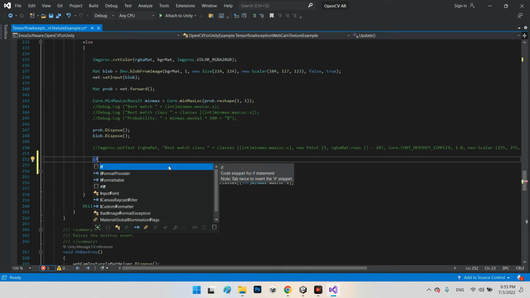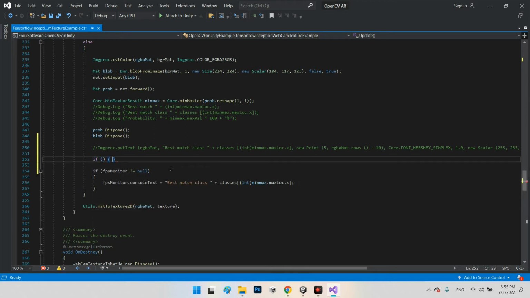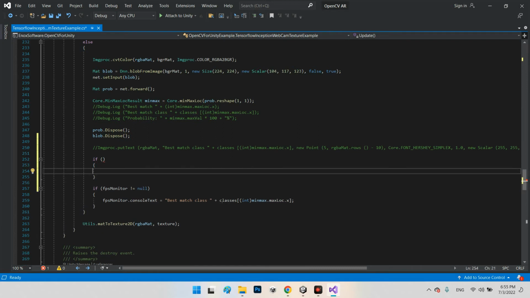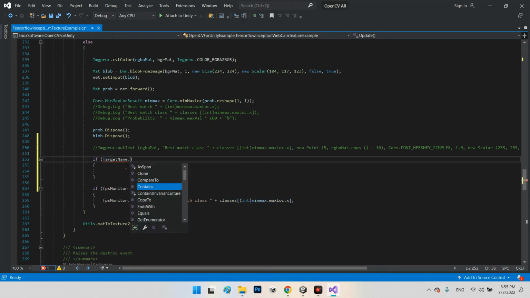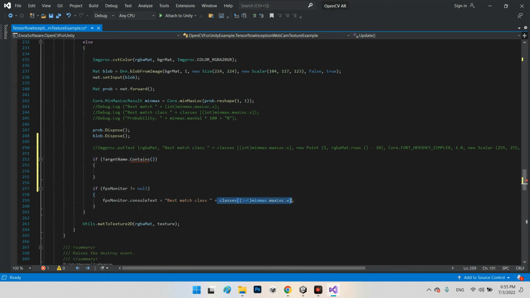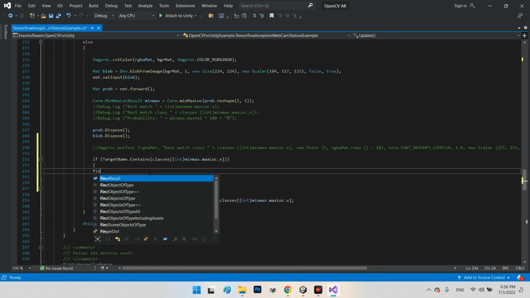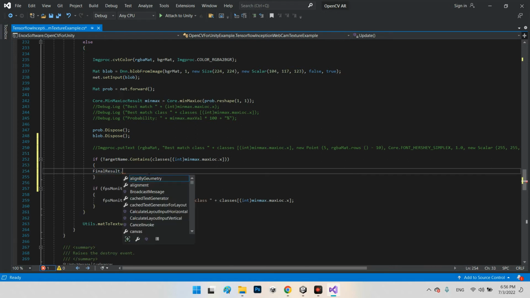If, for example, this final result, or maybe target name dot contains final result, I copy this part and paste here. Okay, we will say final result dot text equal